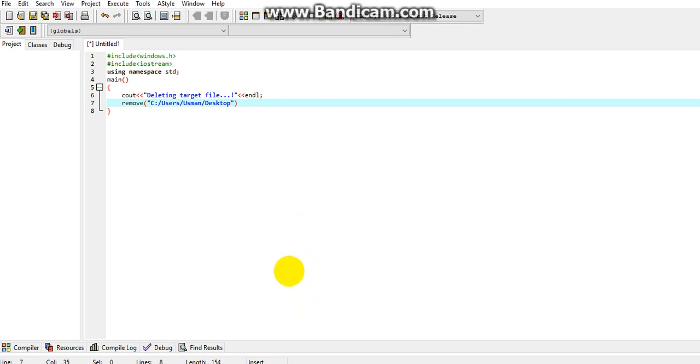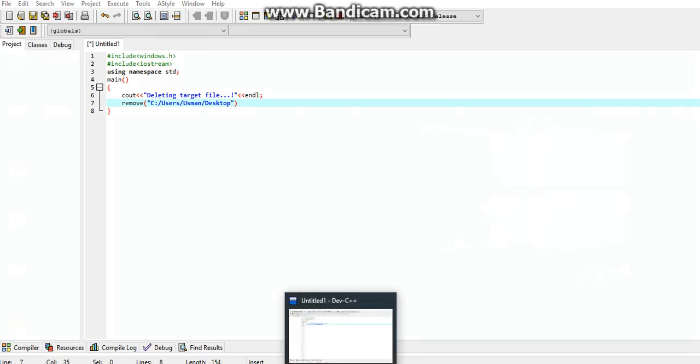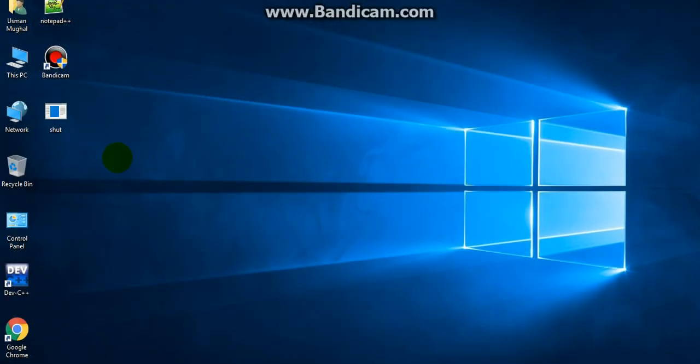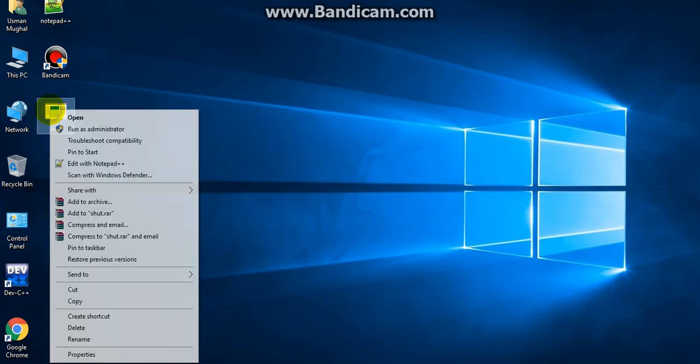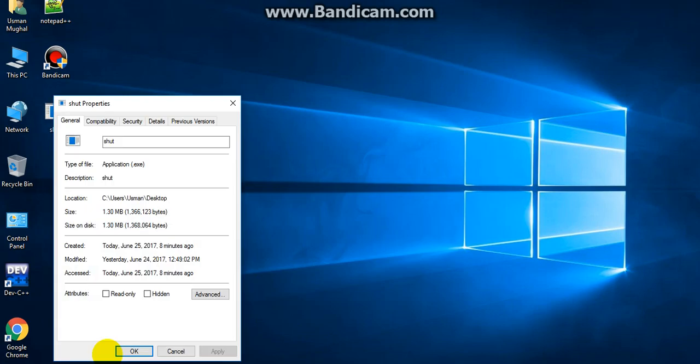Till here it's the location of that file, but we have not specified which file we want to delete. There are many files in C, users, Usman, desktop, and I have not specified which file I want to delete. I will check the extension of that file, and it's .exe.